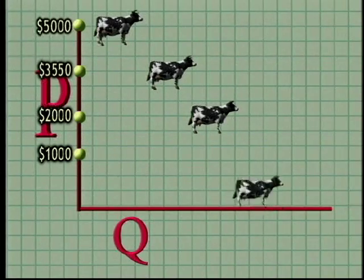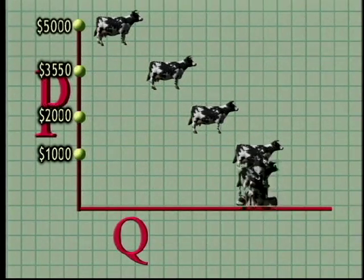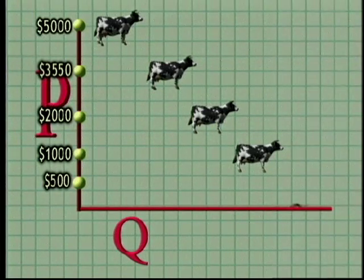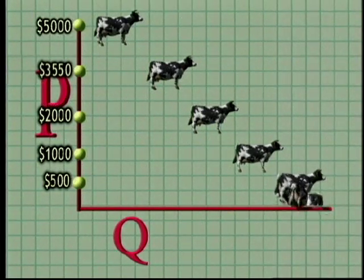As the price drops to $1,000, more and more buyers are willing to take home the heifers. And it doesn't stop there. "I would buy just about every cow here at $500." And if the price drops low enough, oh, say $50, cows would be selling to just about everyone. "Well, I don't really need a cow, but..."